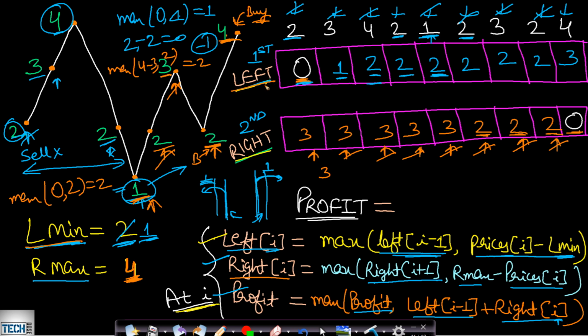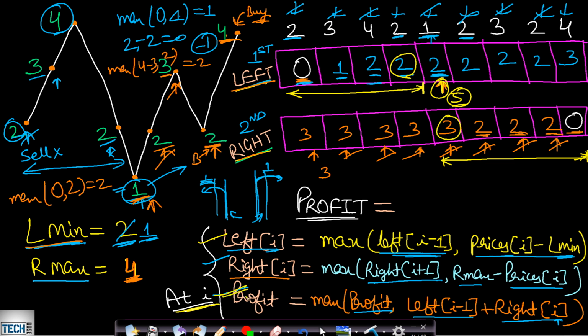Now we have successfully filled the left as well as the right hand side array. So this is indicating that at any given point I, let us say I will pick this point, then at this point the maximum profit will be equal to the maximum profit if we are allowed one transaction on the left hand side till this point I minus 1, plus the maximum profit if we are allowed one transaction from this point I to the last point, which is n. Okay, so in this case you can see that the answer will be 2 plus 3, which will be equal to 5. Okay, now this is very logical as well.